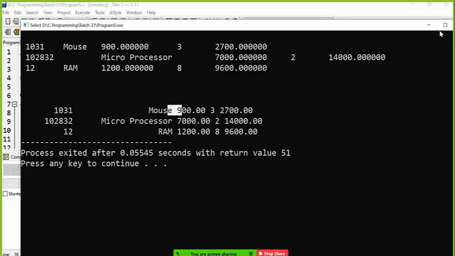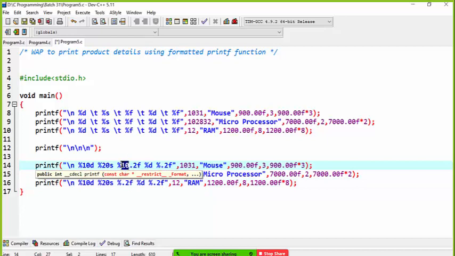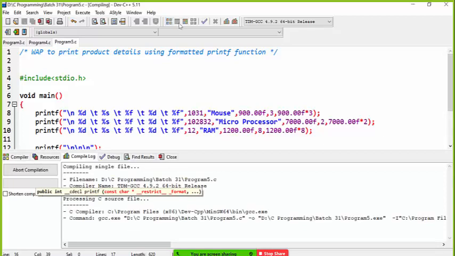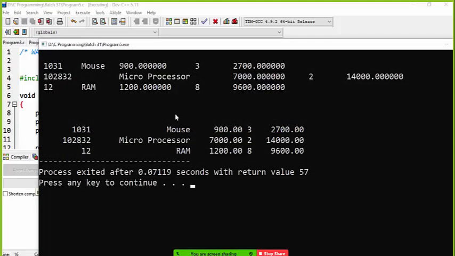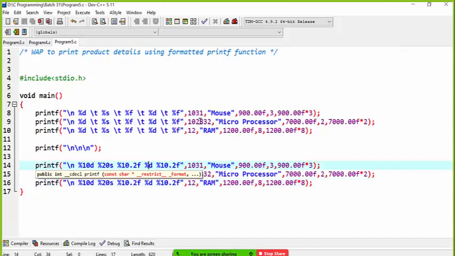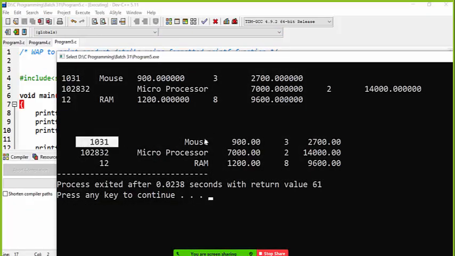Now it prints only 2 precisions like this. Here also I want some more space. To increase that space, I tell the system to keep a width of 10 for the amount value. So here also I type some more width. I save this code, compile and run. Now it prints like this. Okay, if you want space between the quantities, you can add space with a field width. I type only 5 because quantities are only up to 2 digits. I save, compile and run. So these three lines look perfect.